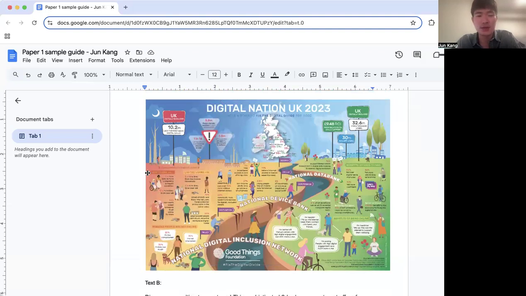So here we see a contrast of genre, but also of purpose that is served by their respective tone. As we move on to the mid section of text A, we see different statistics, right? Statistics almost begin to dominate, right? We see here, 10.2 lack the most basic digital skills. We also see,